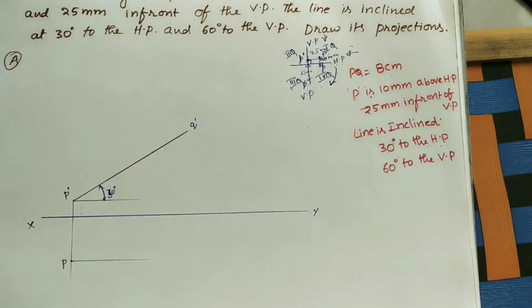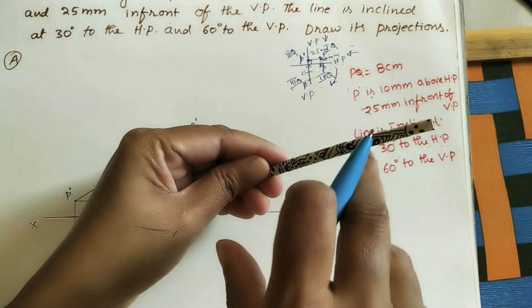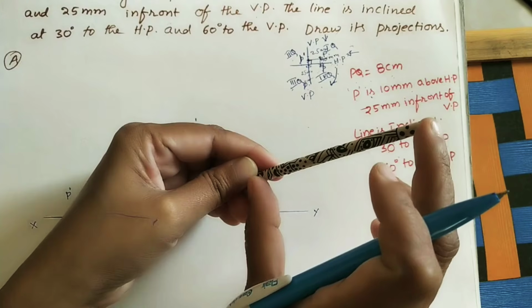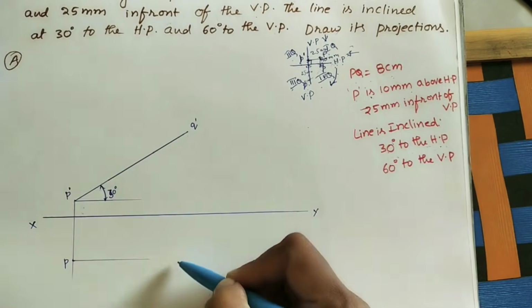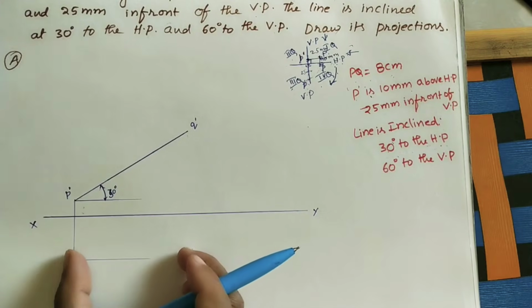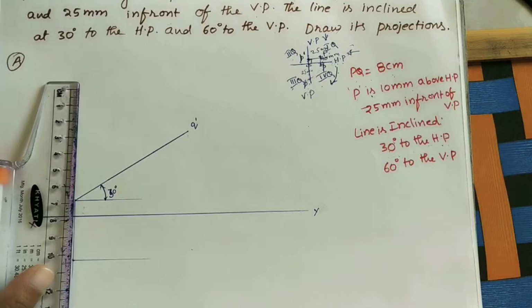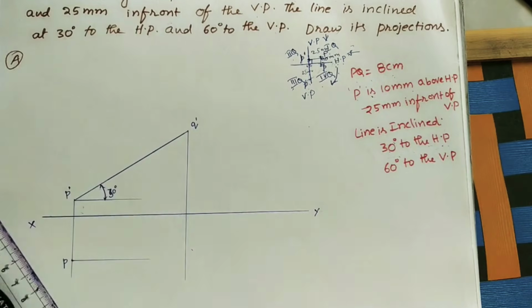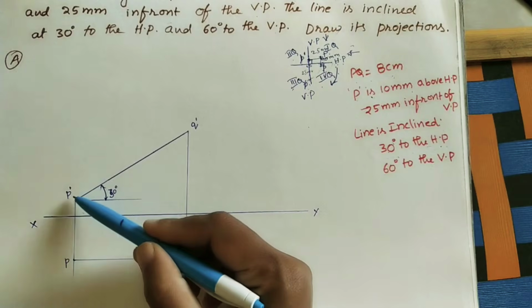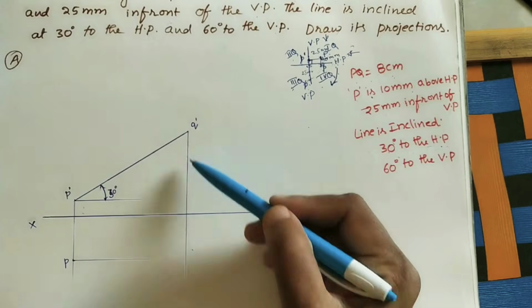Now, as I told, after getting the front view, this is the front view. In the top view we don't know the length, but we can see it is looking like a horizontal line. What I am doing is taking the same projector here and extending this line. This length will give the top view. Let us do it here. Just drop one projector line. As we know, P dash and P, the front view and top view of the same point, are coming on the same line. Similarly, Q dash and Q are coming on the same line.